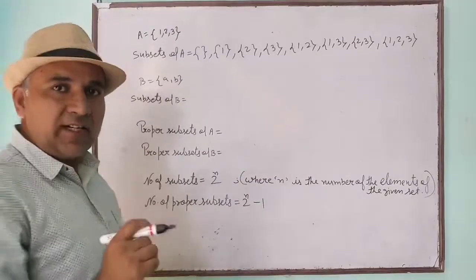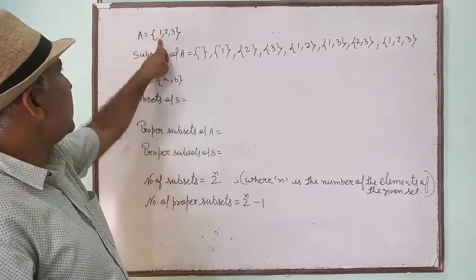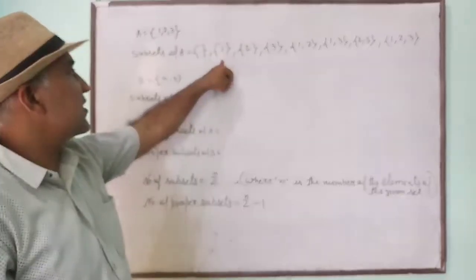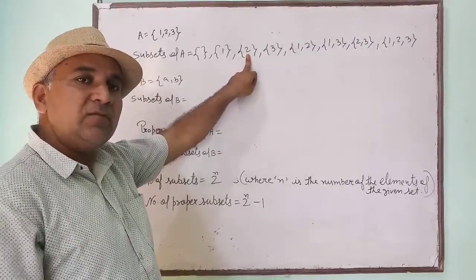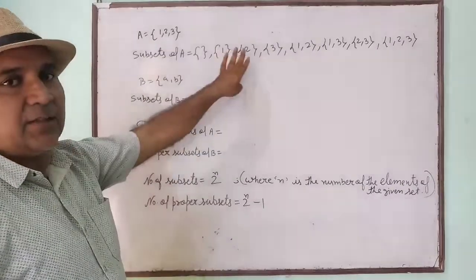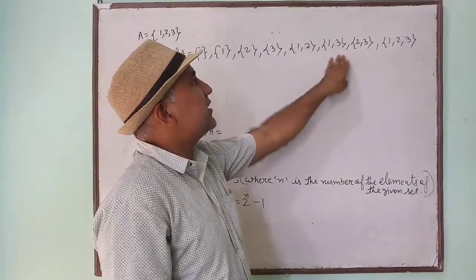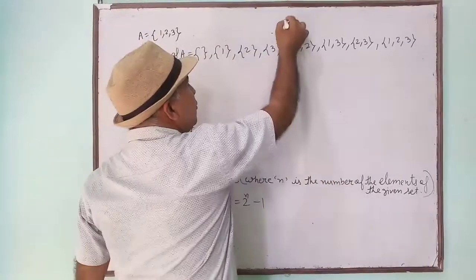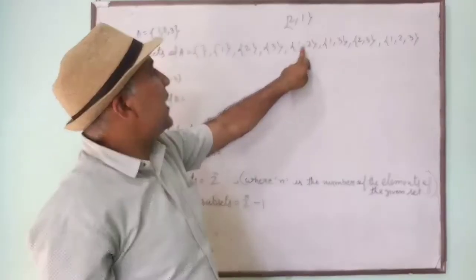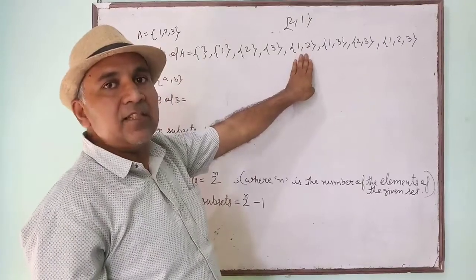What is the procedure? Learn it. First we write the empty set, which is a subset of all. Then we will take one element and we will make different sets. First we have taken 1, we have made one set. Then we have taken 2, we have made one set. We have taken 3 and we have made one set. By taking one element we can make these sets. Then we will take two elements. By taking two elements, these 3 sets can be formed. Children, don't write {2, 1} because both are the same. Either you write {1, 2} or {2, 1}, both are the same set. That is why only one will be taken, this one.